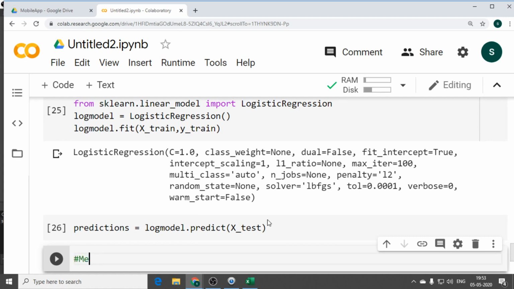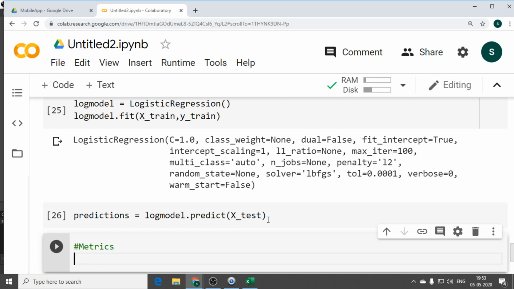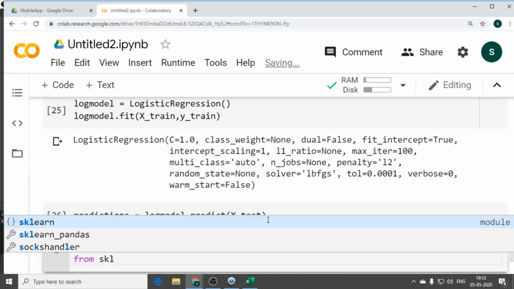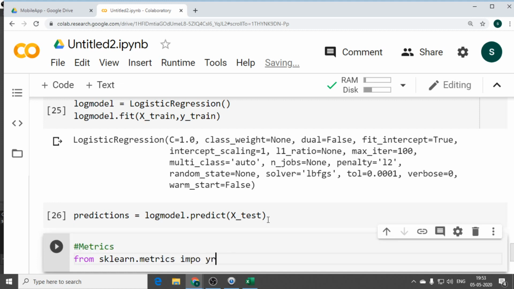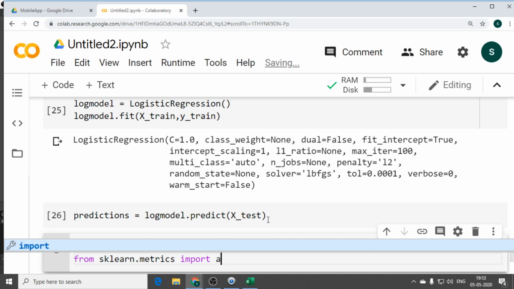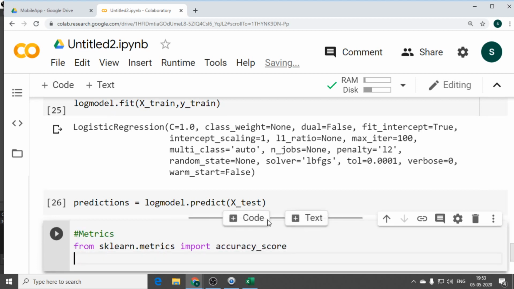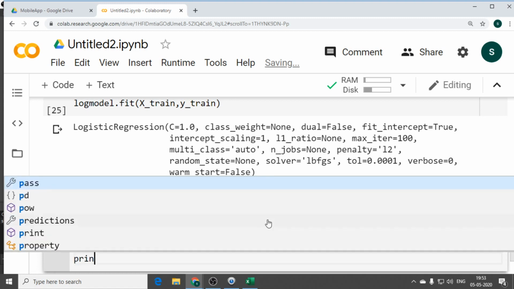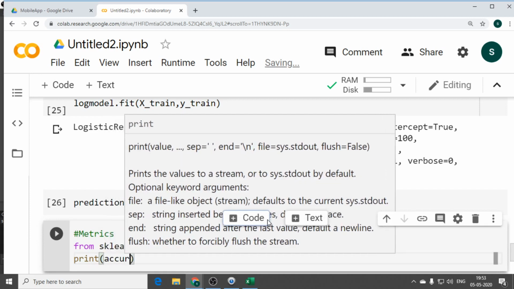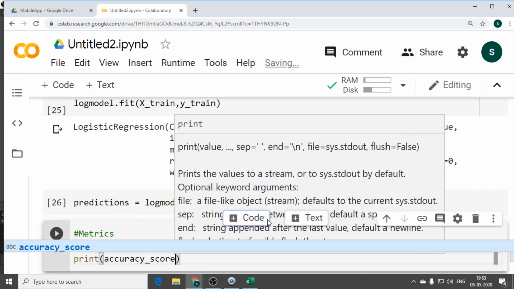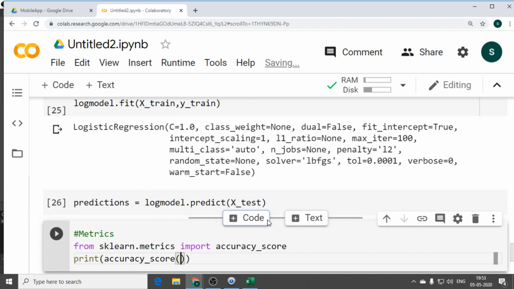Metrics: from sklearn dot metrics, I import what I need, the accuracy. Accuracy will give you the evaluation of how much your model has learned. In the same way, the confusion matrix will give you the true positive, true negative, false positive and false negative values.